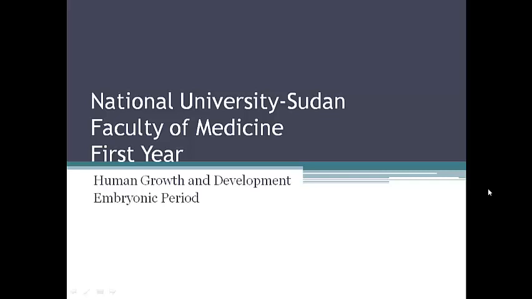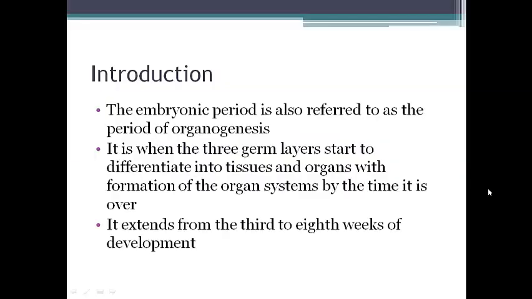Today we're going to be taking the embryonic period, which is essentially an extension of last time's topic, which was the third week of development. During this session, we're going to be looking at the different changes and things that happen during this period, in terms of what the three germ layers that we learned about last time are going to develop and what they're going to become. So there's going to be a lot of detail to cover with this session, so hopefully we'll get through it without any problems. Okay, so let's get started.